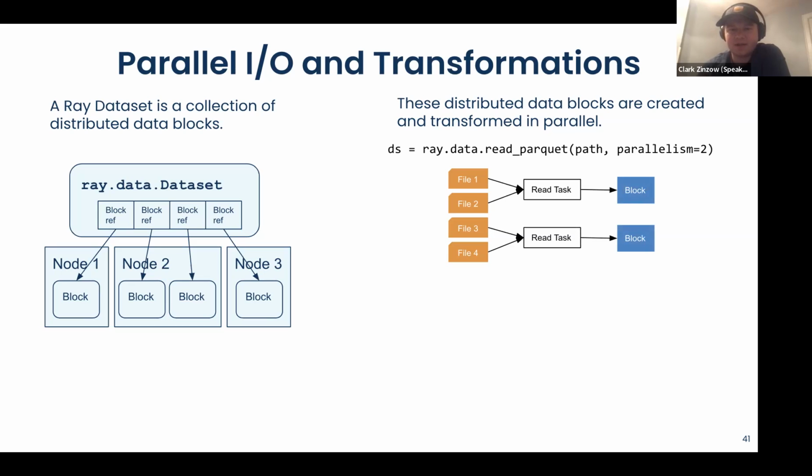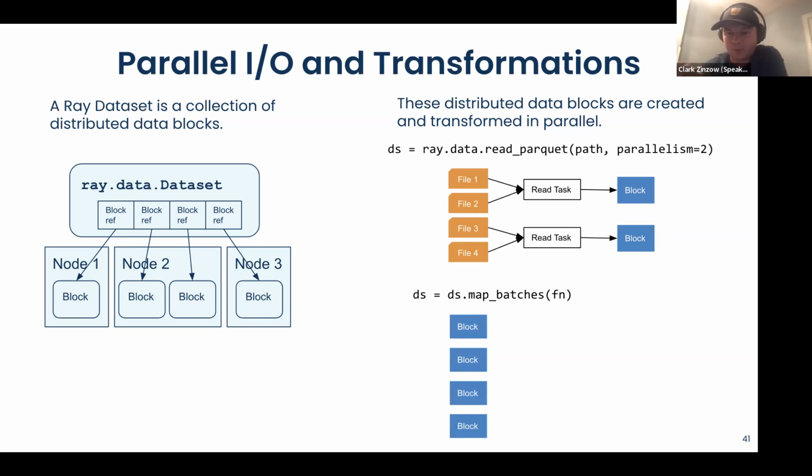These blocks can exist on different nodes, or they can exist on the same node. It just depends on how the read task is scheduled. Under the hood, it's a simple Ray task. It can be scheduled on any worker that has CPU availability: it has an available core to run this task, so it runs it. There are also some optimizations that we have here for making sure reads are load balanced that I'll get into in a bit. And then let's say downstream, we want to do a batch mapper.